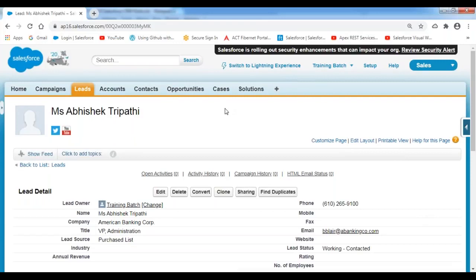Now, in this case, not only creating the records, we can modify the records also inside this. Suppose, for example,